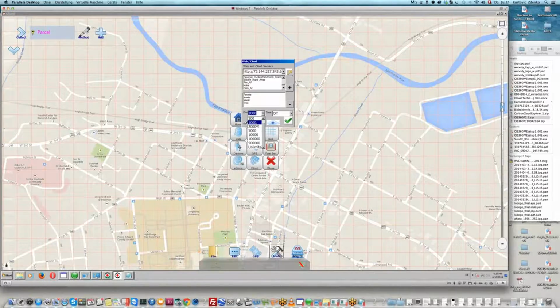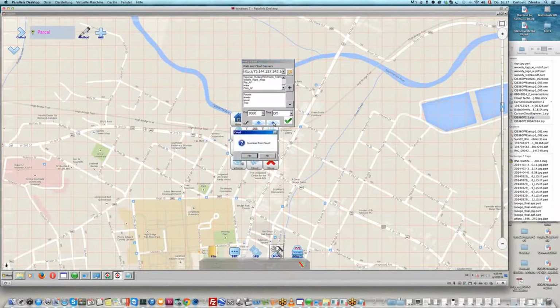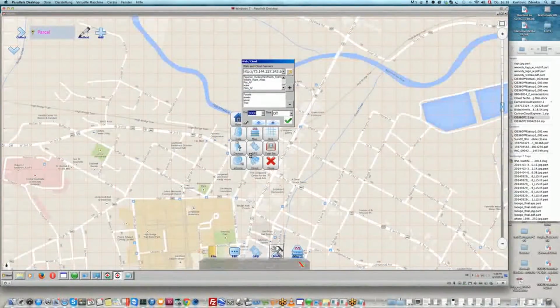So then what you can do now, you can say, you know what, I know where I am. My GPS is running, if it's running. I can put a home symbol exactly where my GPS is, and I will be in this area for the next 2-3 days, so give me just 1,000 meters around, and that's it. Now you click again on the blue cloud arrow down, and you say, do you want to download from cloud? I say yes. It will take maybe 2-3 minutes, but the beauty is that you do